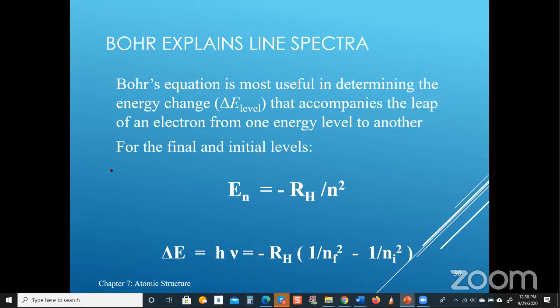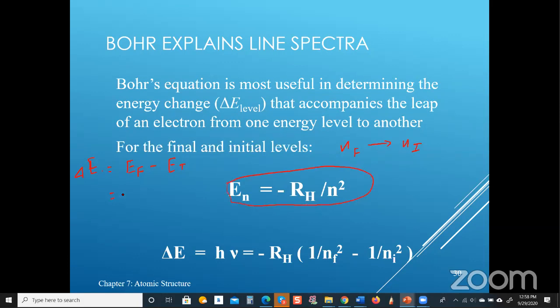So for example, if you're going from N initial to N final, then delta E, the change in energy, would be equal to E final minus E initial. So based on this equation here,